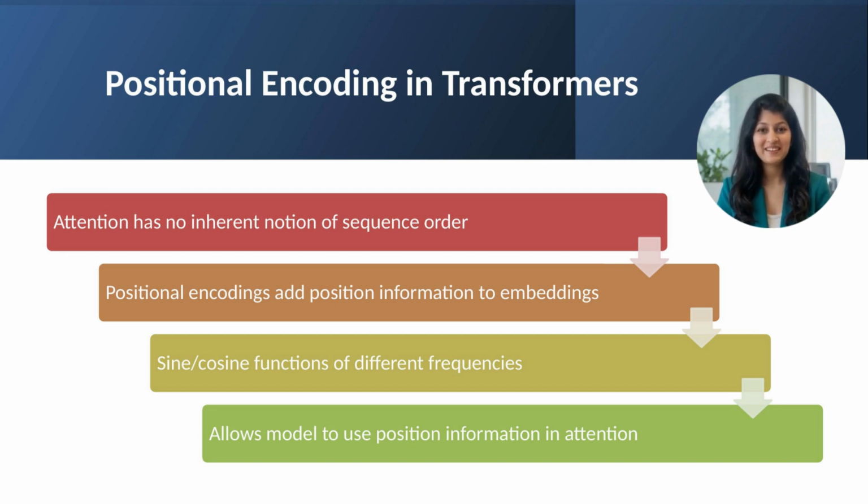Alternative approaches exist. Some models learn positional embeddings, treating position like a token with learned vectors. Others use relative positional encodings that directly model the distance between token pairs. Recent work shows that models can sometimes learn position implicitly from data patterns, but explicit positional encoding remains standard and works well. The key insight: attention provides content-based routing, what relates to what, and positional encoding provides sequential structure, in what order. Together, they give transformers both the parallel efficiency of attention and the sequential awareness needed for language.